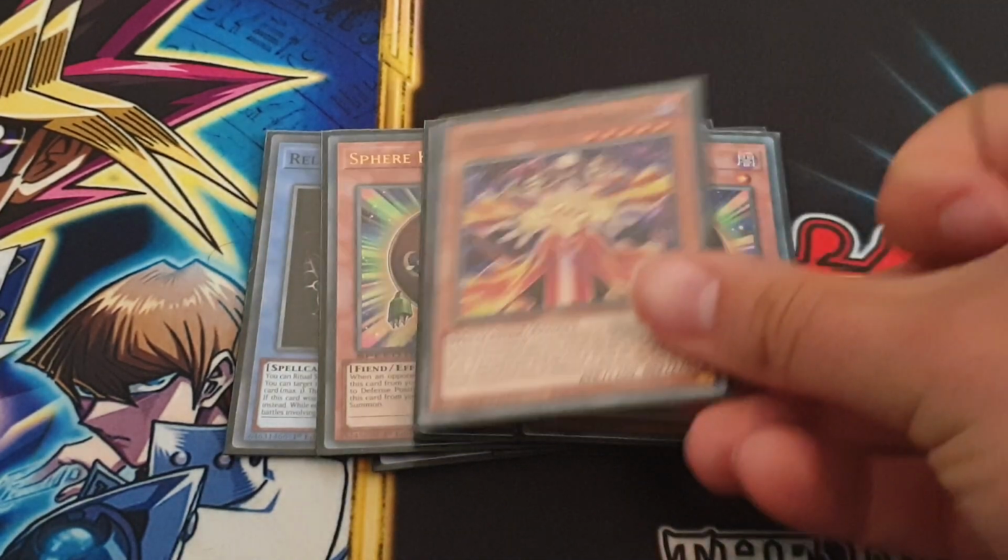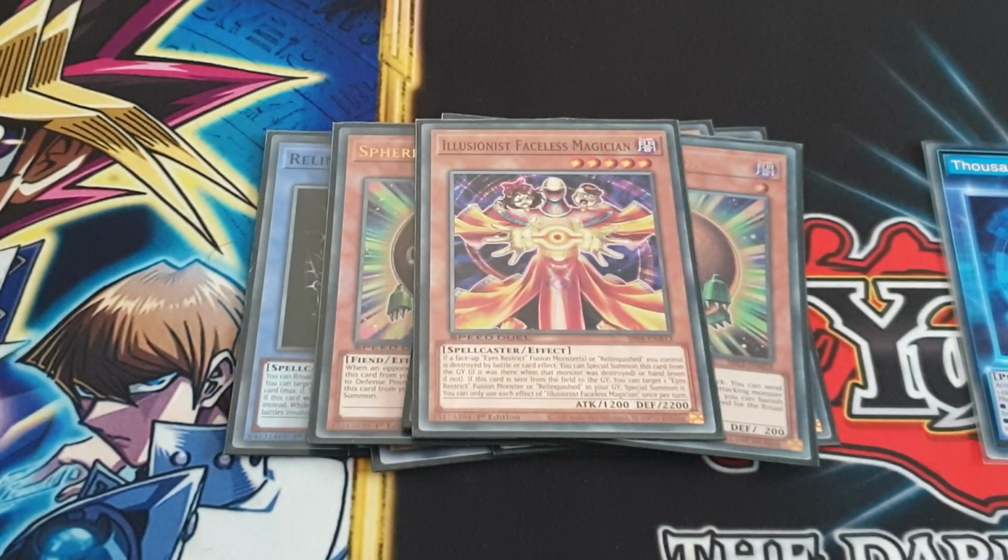1 copy of Illusion Faceless Magician. Basically, this card can be summoned from your hand or graveyard whenever Relinquished or Thousand Eyes fusion monster is destroyed on your side of the field. And then when this card leaves the field, you can reborn a Relinquished or a Thousand Eyes Restrict monster. So it works in tandem, and it's just good resource management in the fact that you can always float between